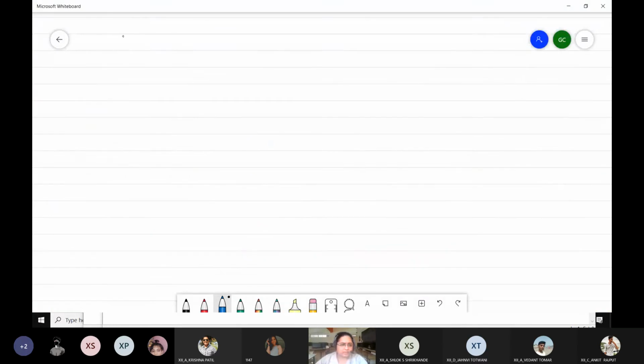Anyways, let's move on to the next. We are going to start with the write function now. So for writing to a file, we have two functions. One is write and one is write lines. Two functions are there, one is write and one is write lines. Now, how does the write function work?